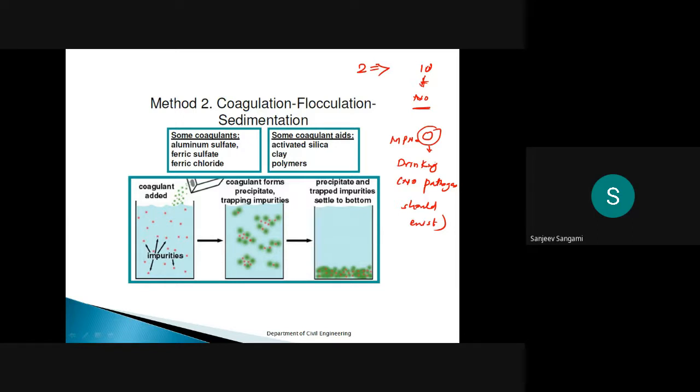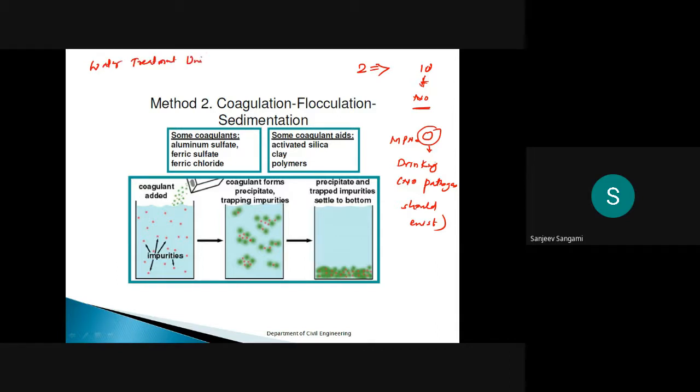Now we will move on to what we were discussing previously, the water treatment units.